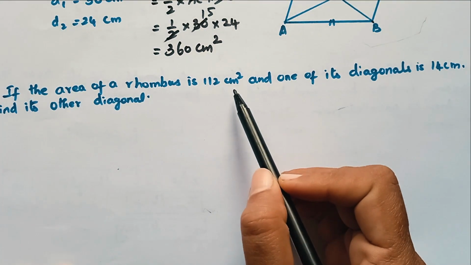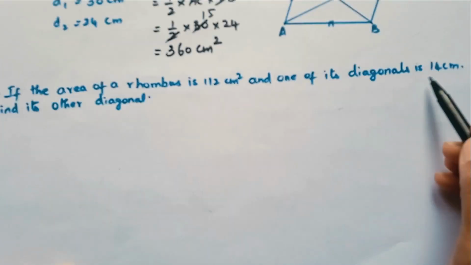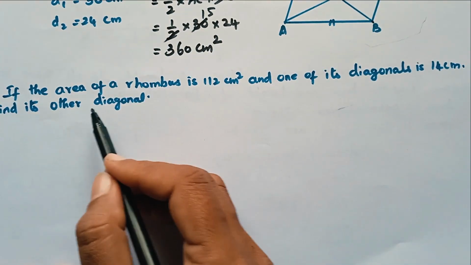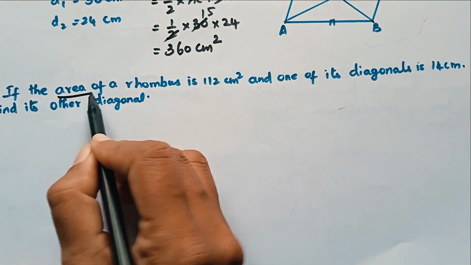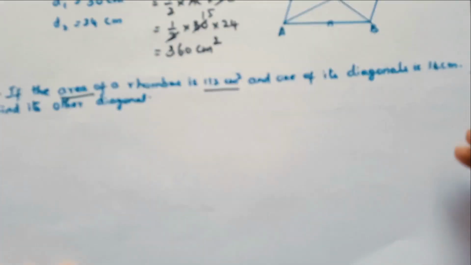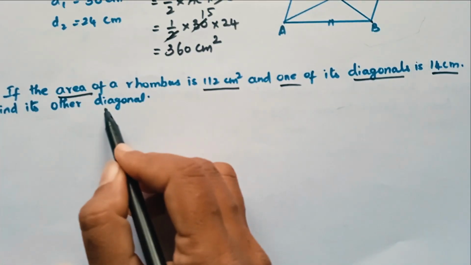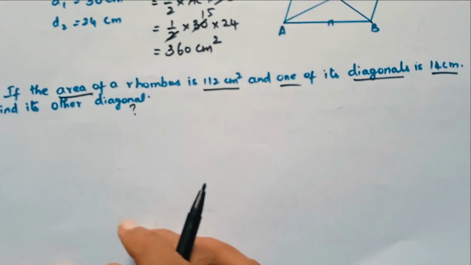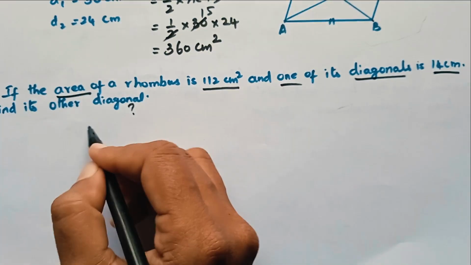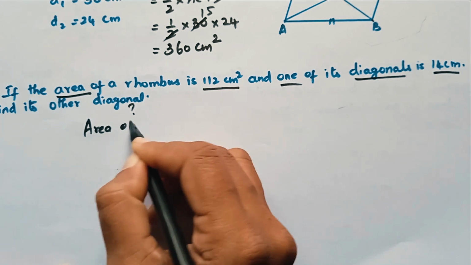Area of a rhombus is 112 centimeter square and one of its diagonal is 14 centimeter. Find its other diagonal. They have given the area as 112 centimeter square and one of the diagonal they have given as 14 centimeter. We need to find the other diagonal. Okay, so we can use the same formula. Area of the rhombus is equal to